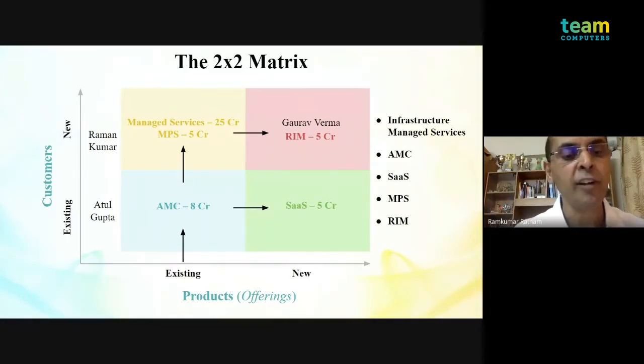Now you look at this existing customer, Atul Gupta, but a new offering. If you do not have enough conviction and confidence in your SaaS, there's no way that you're going to take this proposition to Atul, because Atul is your existing base, but your proposition is new. He's not going to buy from you just because he's bought AMC from you. You need to really know your proposition well. You need to differentiate well. You need to tell what's your unique proposition. Unless you're really adequately equipped, you will not be able to navigate. You will not be able to confidently socialize what you have. That will be a limiting factor.